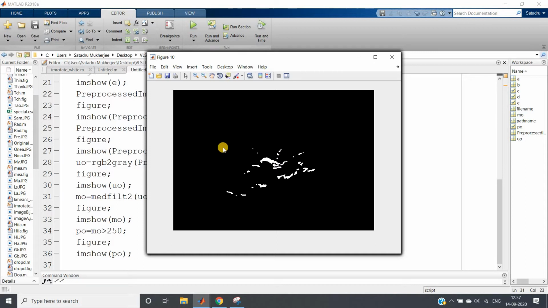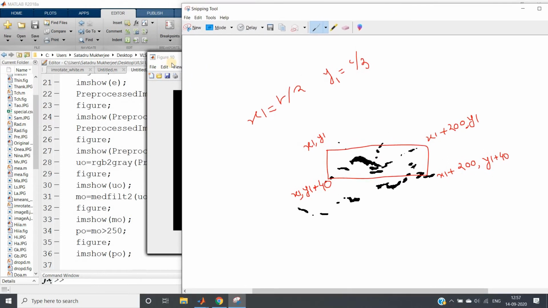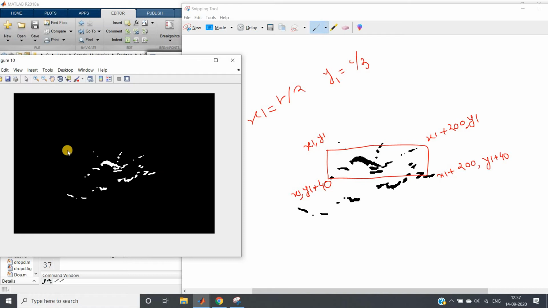I have complemented this image and taken one snip, I hope you can understand, to get the corners of the polygon, here basically a rectangle, which we are going to use for region of interest filtering. So you try to correlate this concept, very important.